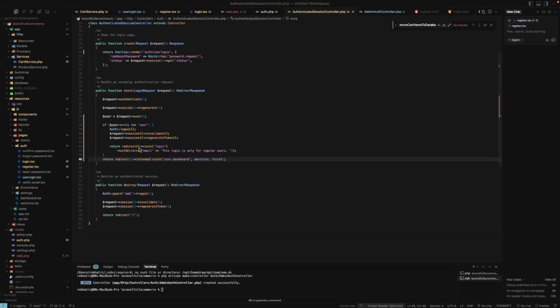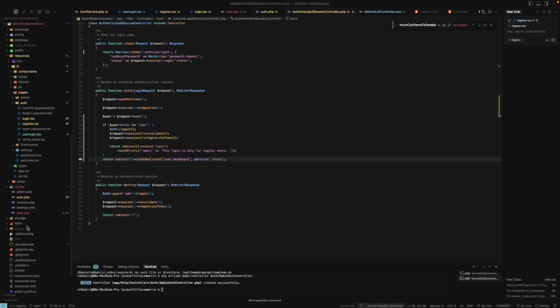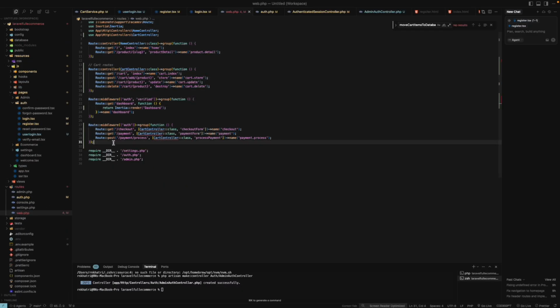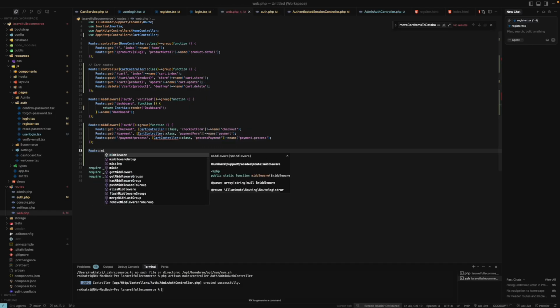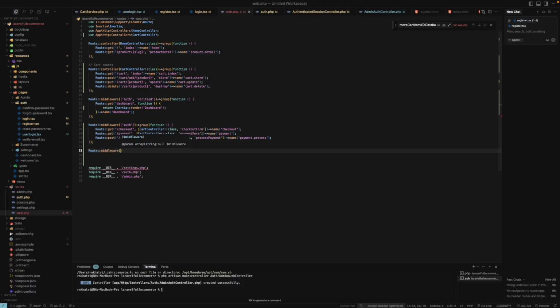No, yes, let's first of all go to the route and check out auth. Okay, fine, no issue, but I need to combine all eight in one. That means to the route, middleware is equal to auth, and not only auth. Let's first of all run the command PHP artisan make